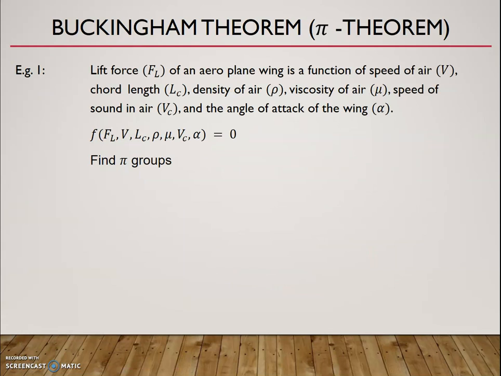So try to work out this problem on your own as homework. The lift force of an aeroplane wing is a function of speed of air, chord length, density of air, viscosity of air, speed of sound in air, and angle of attack of the wing. So you are asked to find the pi groups. So try to work it out as homework,